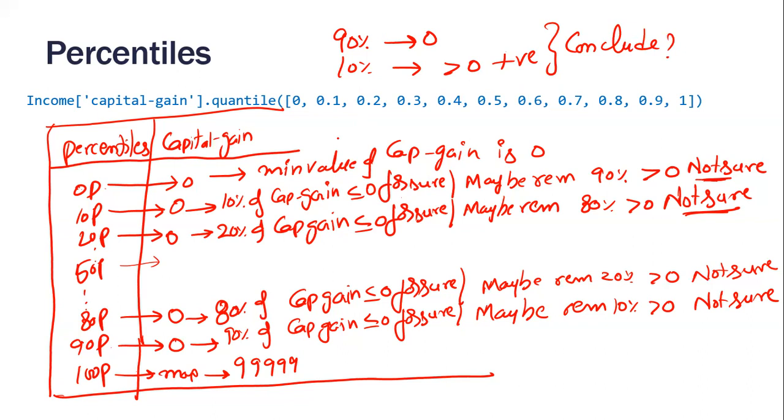Or there is a chance that even less than 10% of the data, even 10% is also not greater than 0. Can I conclude like this? Is it fair to conclude like this? Think about it. Or it may happen that 95% are zeros, maybe 5% is non-zero. Or it may happen that 93% are zeros, 7% is non-zero. Or it may even happen that 99% are zeros, 1% is non-zero. Just that I haven't seen the last 10 percentile. Can I assume this?